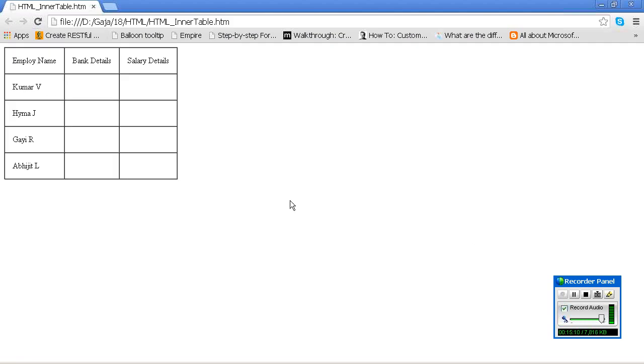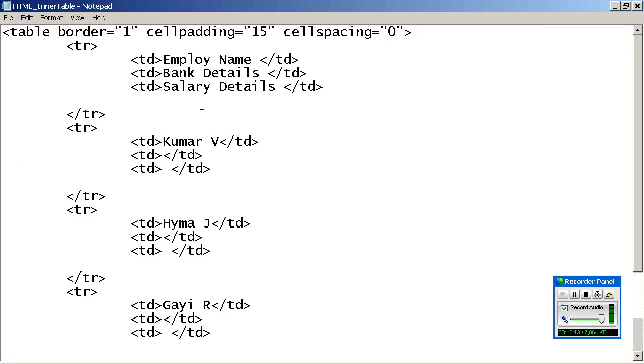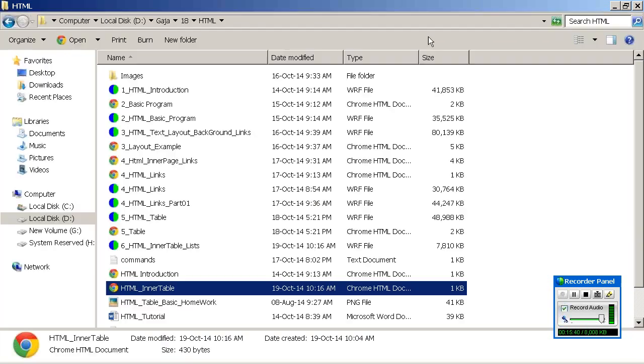And if you want to increase the size, what do you need to do? Set width equal to 400 pixels. Even you can give 40%, which means the entire page is treated as 100% width, and among that you can occupy as much as you want. So I am just giving 400 pixels. Is it compulsory to use double quotes? No, you can use single quotes, or even neglect them.